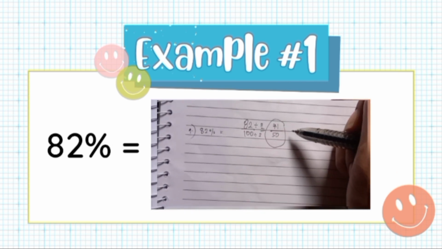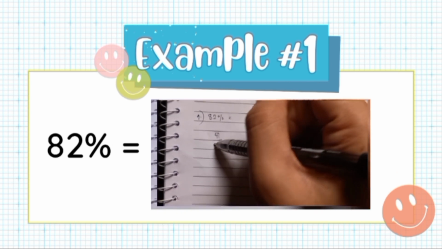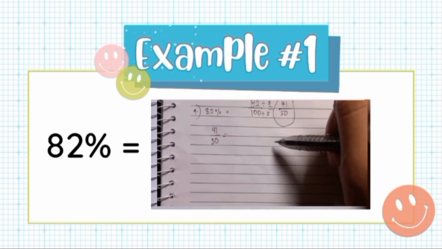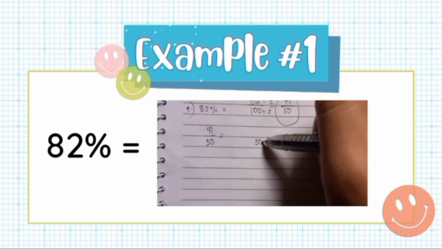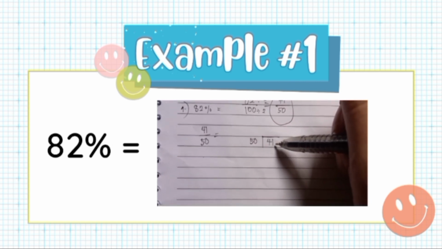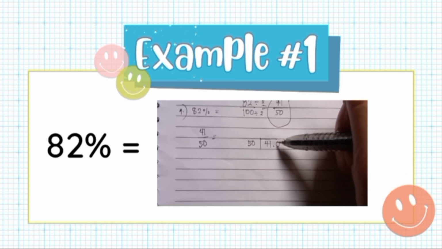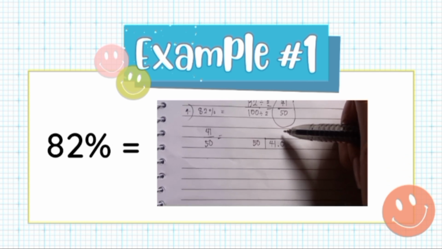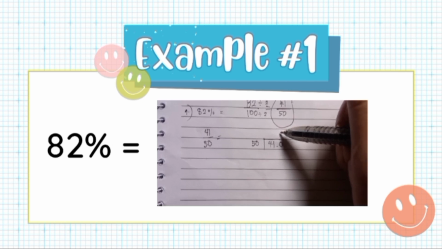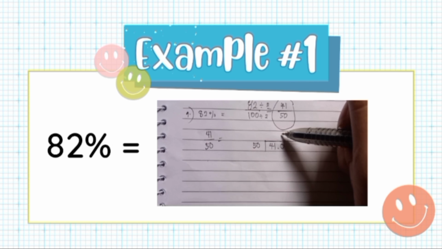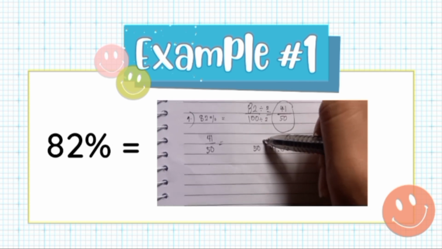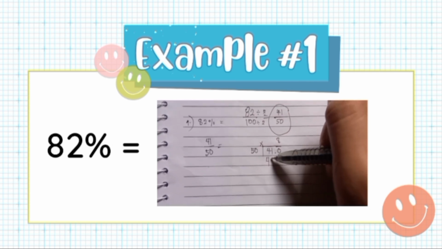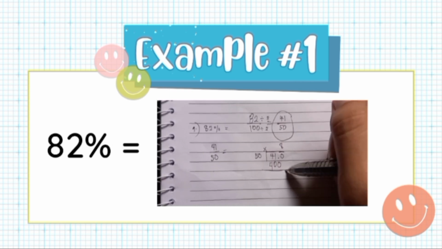And to convert it again from a fraction to a decimal, we need to divide the numerator by the denominator. 41 divided by 50. So we need to extend our division problem by putting a decimal and a 0. And we can think of that as 410. Bring our decimal straight up. How many groups of 50 can we pull out of 410? It's 8, and 8 times 50 is equal to 400. Subtract, then we have 10.